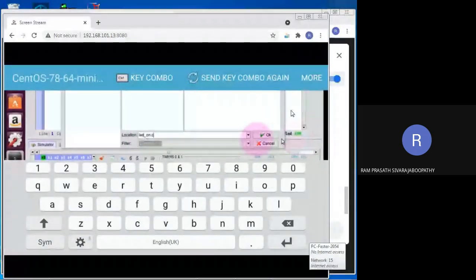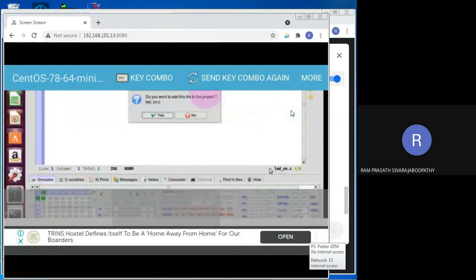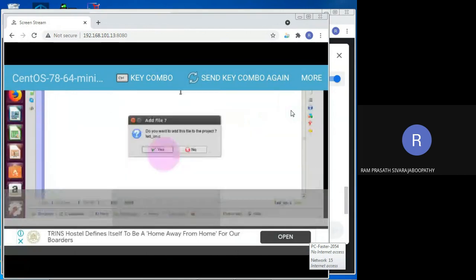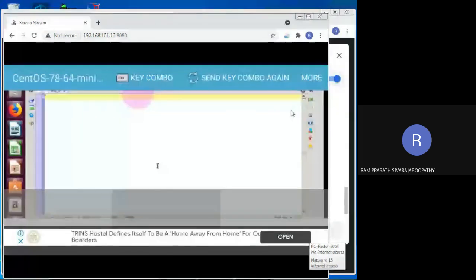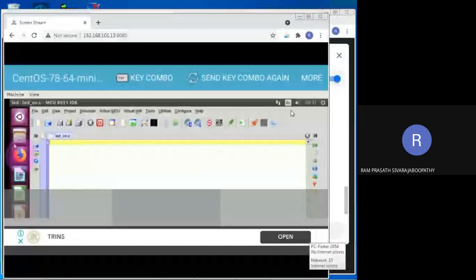See, in your next semester, if you people are using some PC related software, you can use this particular app. The drawbacks I have told you. Yes, every time you have to install from the beginning. That is one drawback. Okay, we have to bear with it. Yes, so now we can type the program. Here you can see the browser. Using this browser, you can log into your Google Drive. After you have logged in, you can save your work in the Google Drive. That's one option we have.